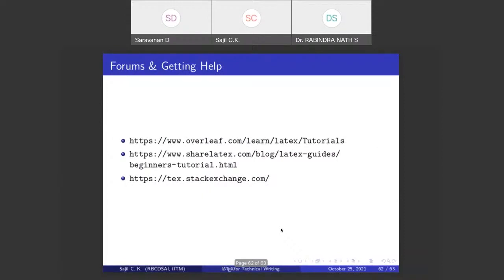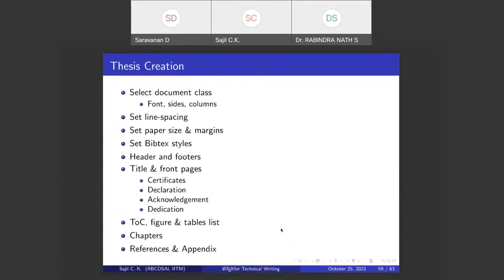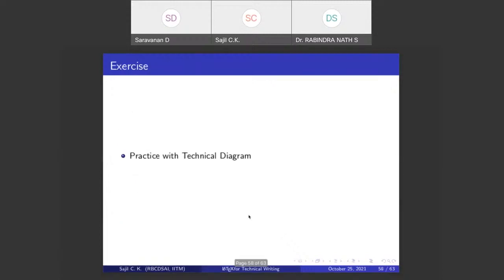Those are the main topics which I wanted to cover, and this covers many of the things you need for your master's, undergraduate, PhD, or even going for research. You can follow this and create your documents.